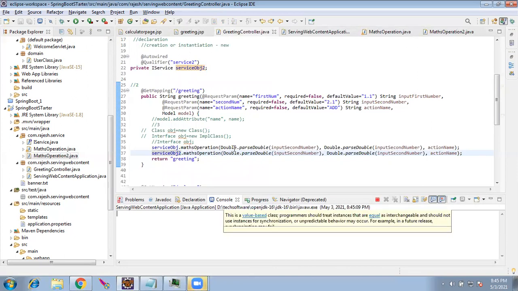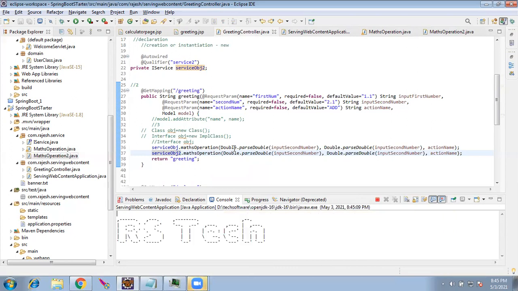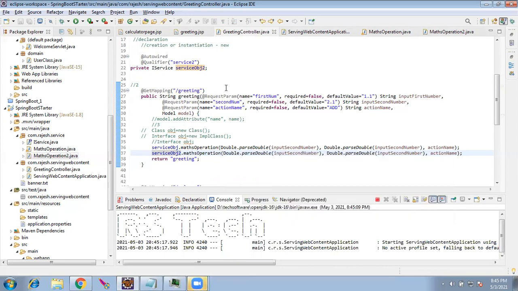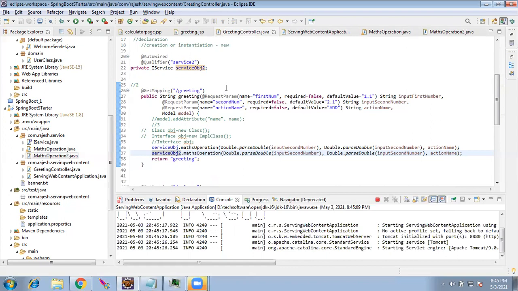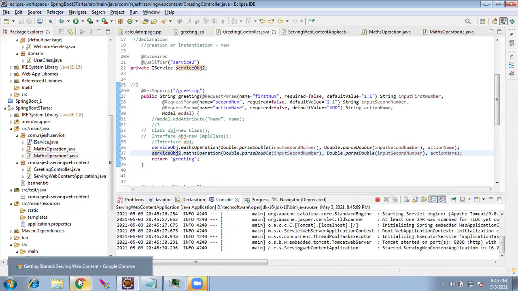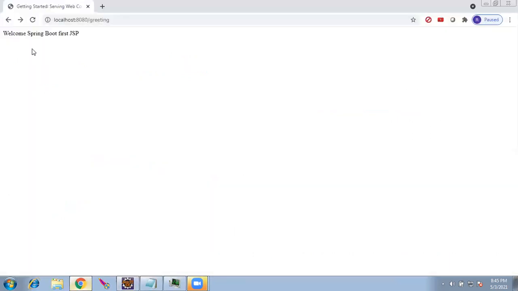If you are having only one implementation class, you need not do this qualifier. You just give auto wire and it will take care. 99% of the projects will have only one implementation.